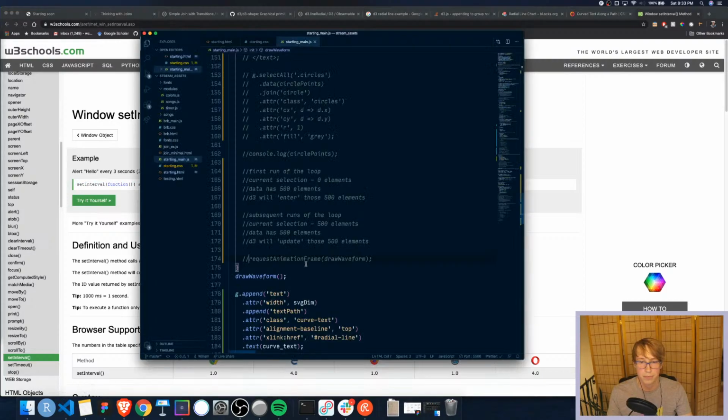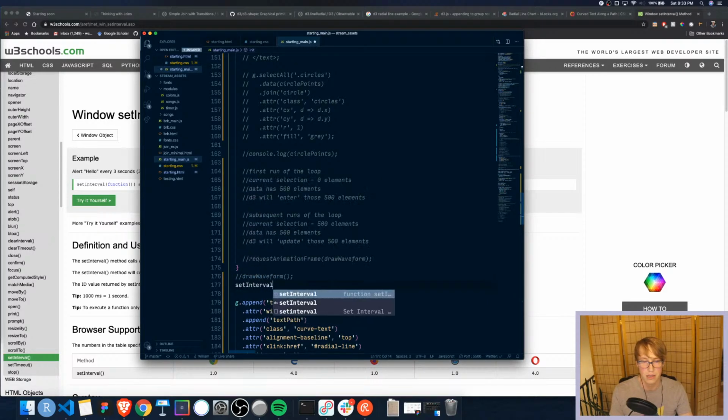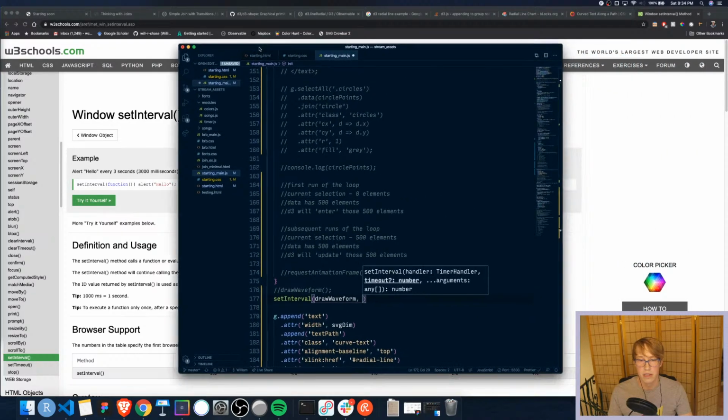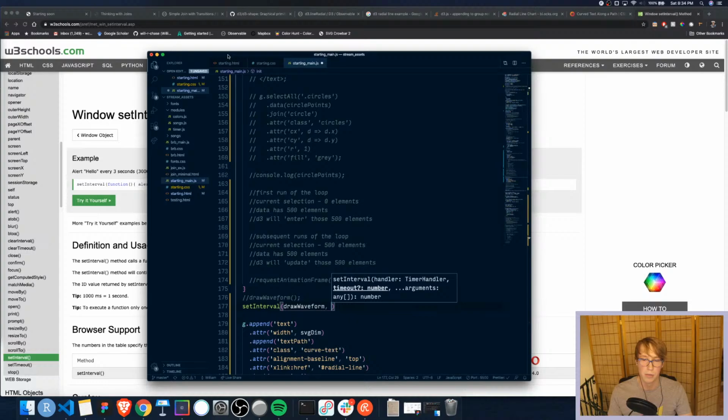So what we can do here is say we have our draw waveform function. Then we can say set interval, draw waveform, and the second argument is how many milliseconds in between,